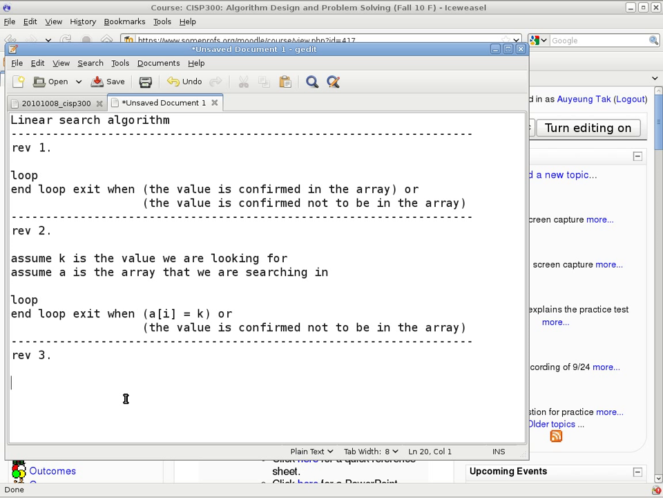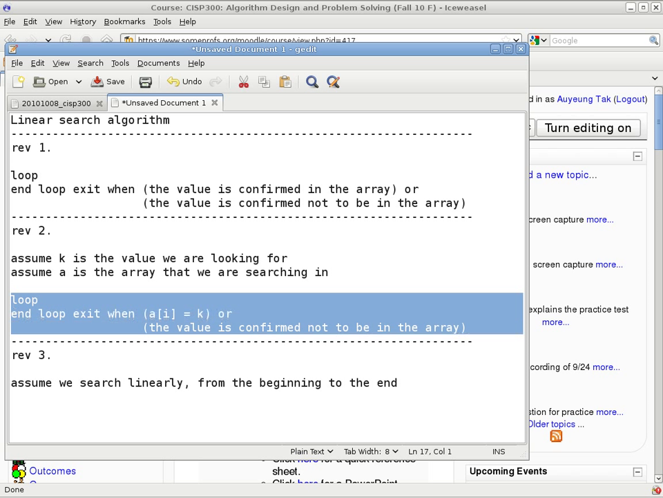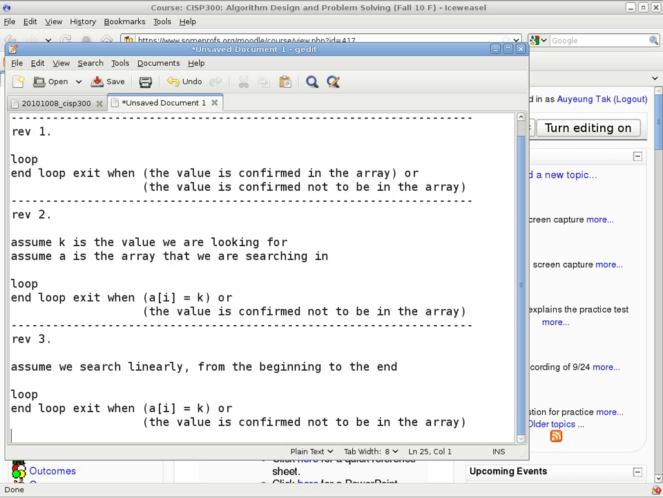Okay, so now we are down to revision 3. In revision 3, we can assume we search linearly from the beginning to the end. Now, once we have that assumption that we are searching linearly, and also from the beginning to the end, then we can actually